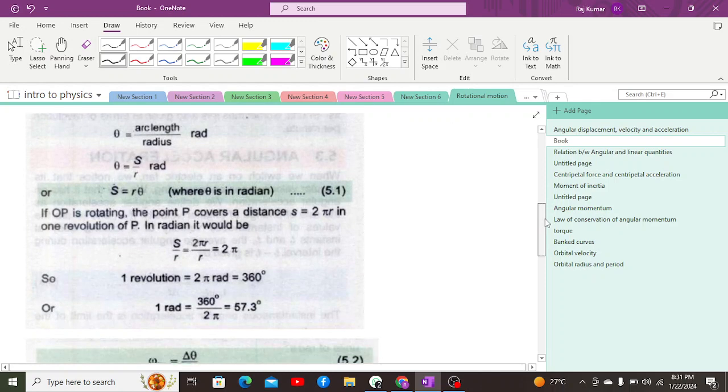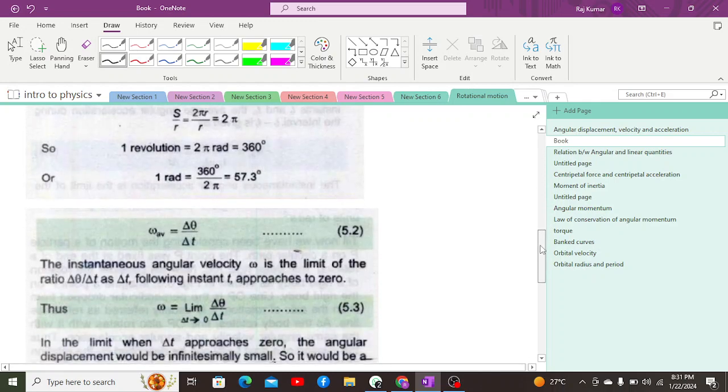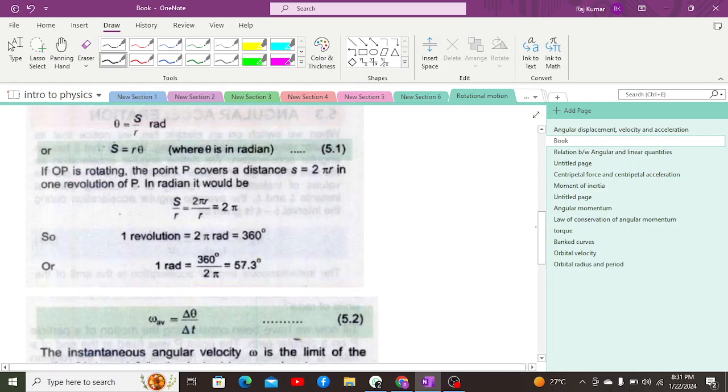How we can also utilize the right hand thumb rule to determine its direction. If we place our hand at the position of R, then curl our fingers, that would be the position of the angular displacement. And at that moment, when we turn our thumb erect, that erection of our thumb gives the direction of angular displacement, which is along